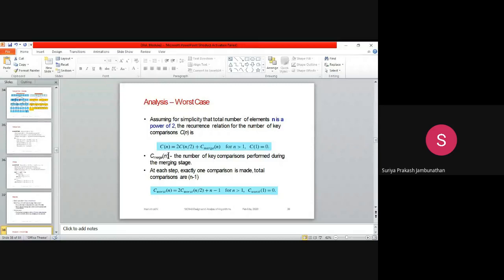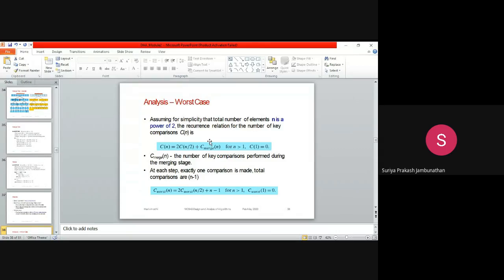How many comparisons will be done? For that, they are making the formula. At each step, exactly one comparison is made. Total comparisons are n minus 1. So C_worst(n) = 2C_worst(n/2) + n - 1. This is the worst case comparison count for merge sort when you are comparing different keys.